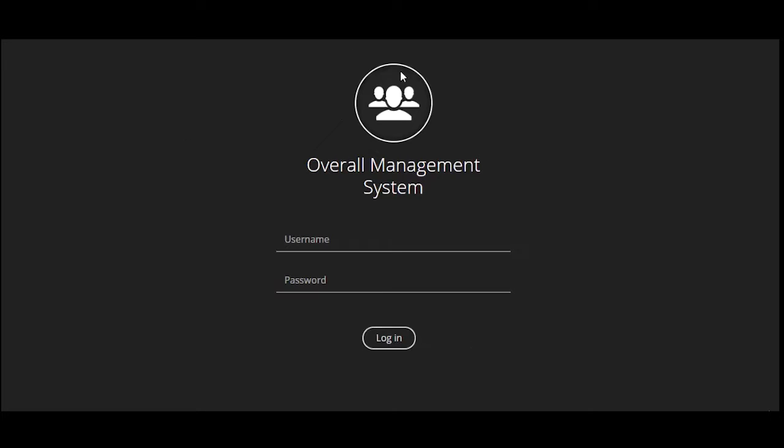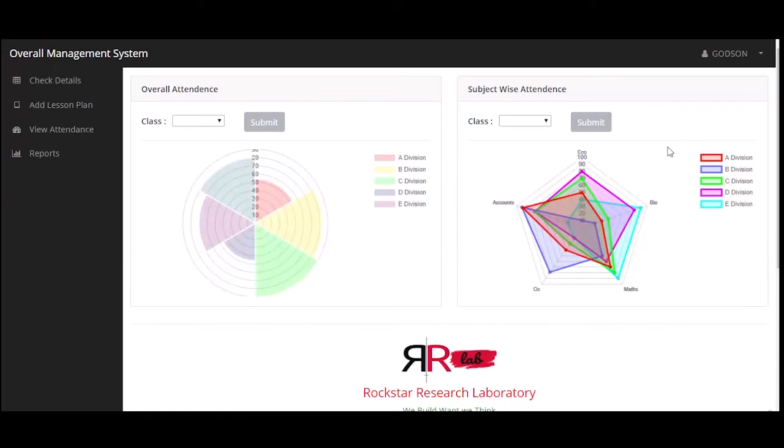This is our login panel wherein the admin is going to put his credentials. So I'm putting my credentials. Once I log in to the system, I will be prompted with certain dashboards. Before we understand the technical details of these dashboards, I will give you an overview of our whole